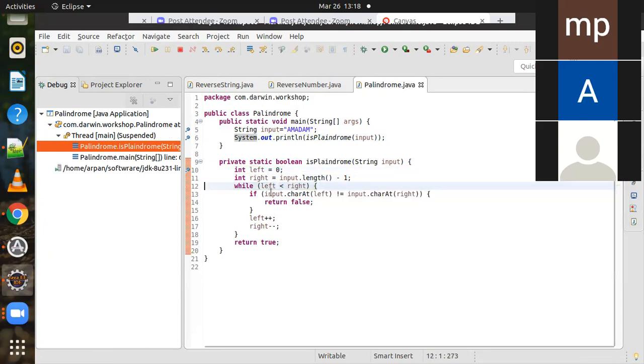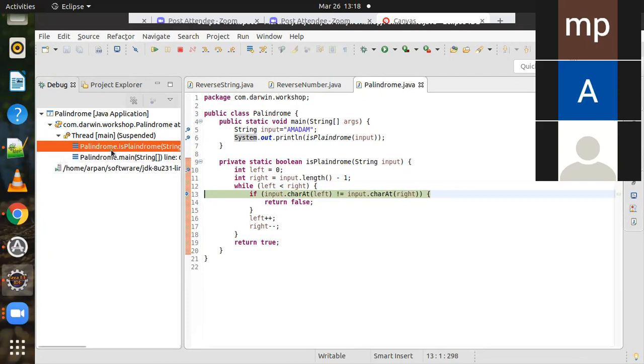Let's move to line number 14. So on the debug side, it's showing that I am in the isPalindrome method, right? The current stack is here. So what variables are present in this method? Input, left,